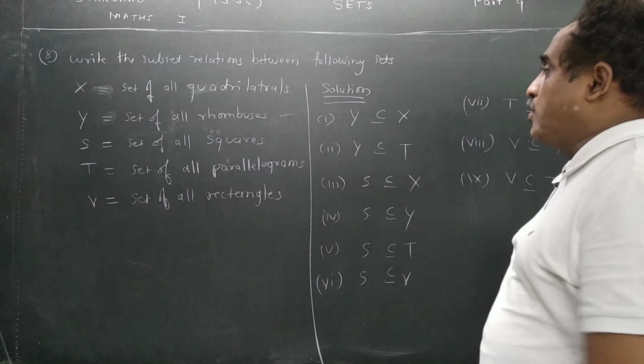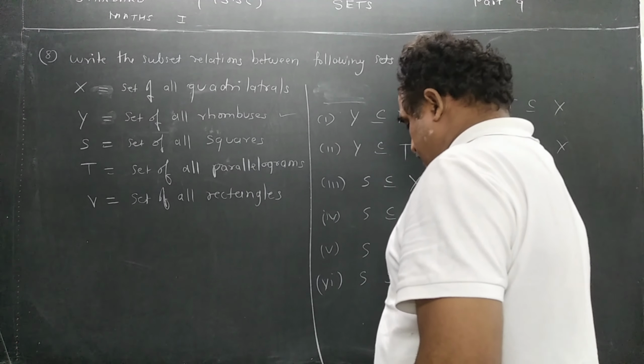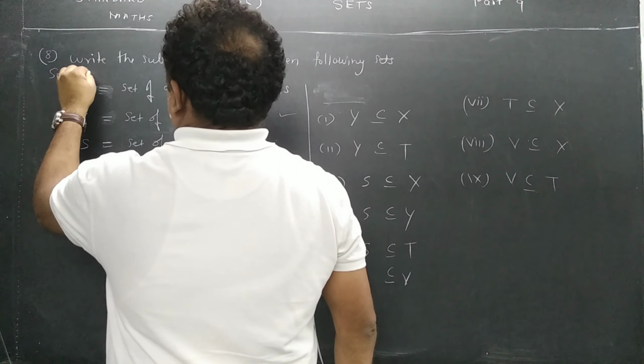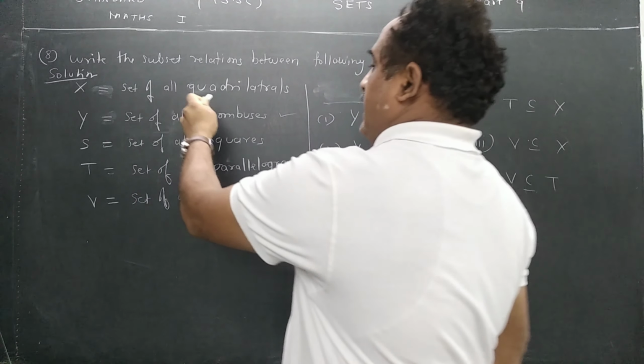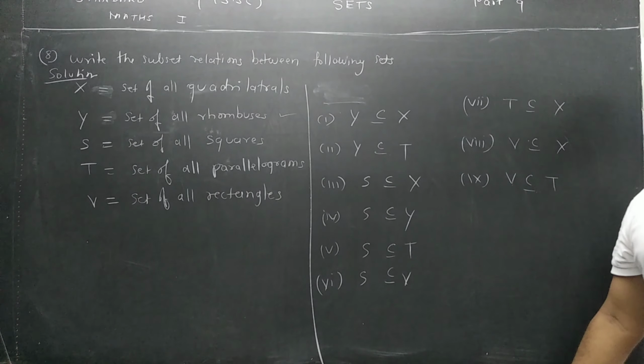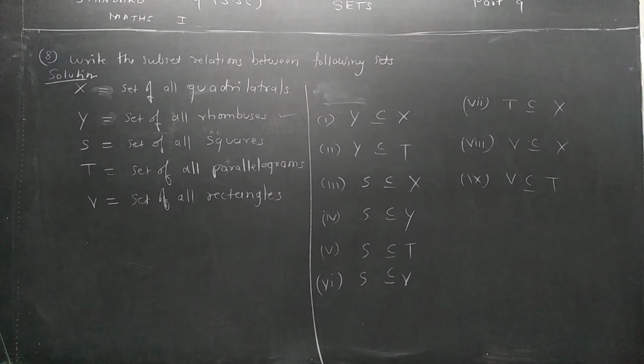But for this you have to write the question. Is it right? Or you can do one thing, you write the answer from here only, solution, and write all these things. X क्या है, Y क्या है, S क्या है, T क्या है, and then you write this. Okay, I understood this in examination. So I think you understood the concept properly. Copy down.